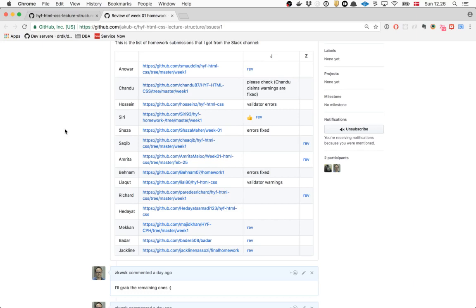I think I'm just going to post the HTML for them on Slack. Or we can actually also show them the Lorem Ipsum generator. I don't think it's so relevant right now.